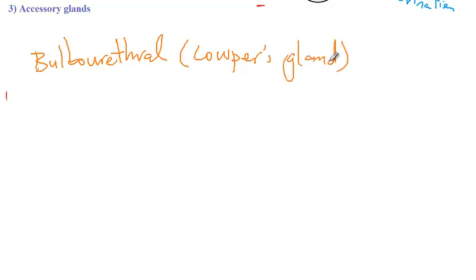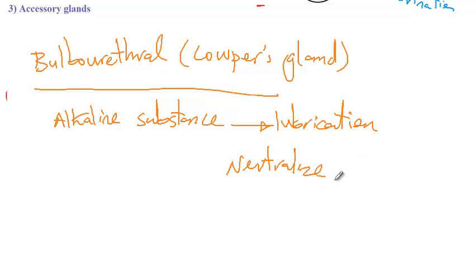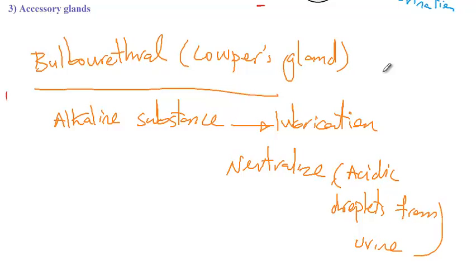These are pea-sized glands located underneath the prostate, and their function is to secrete an alkaline substance to provide lubrication during sexual intercourse, and of course it will also neutralize the acidic droplets from urine. And this gland accounts for only 1%, or maybe even less than 1%, of the total volume of